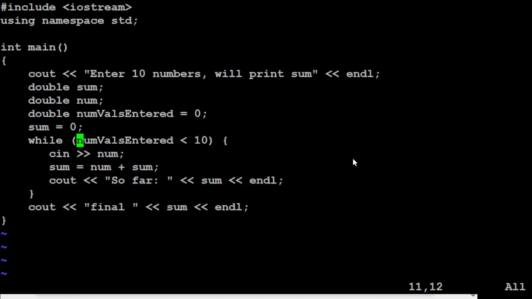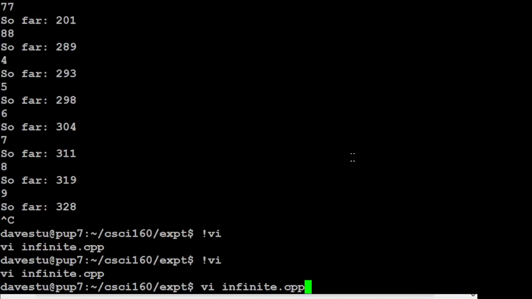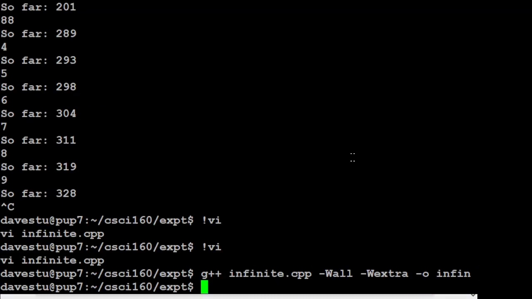So it's now 1 or 2 or 3 or 4, and so that eventually it hits 10 and this thing ends. But what I did in this particular case was I went through and forgot to adjust my number of values entered. So this is our example of an infinite loop. So again, if we compile this and we run it,